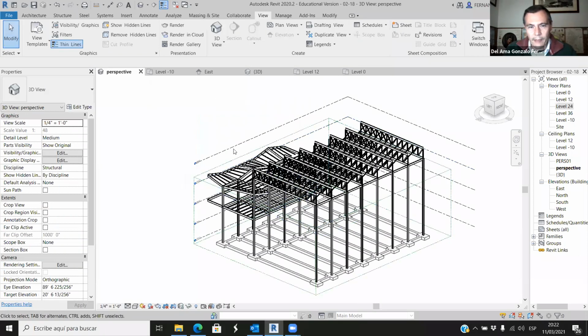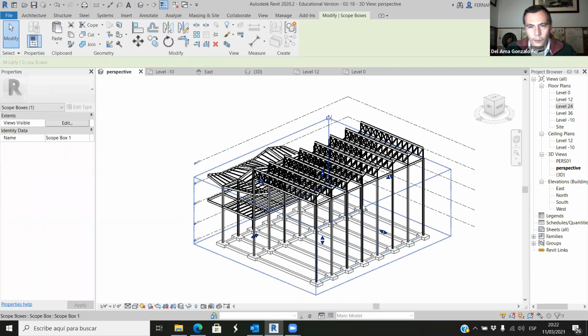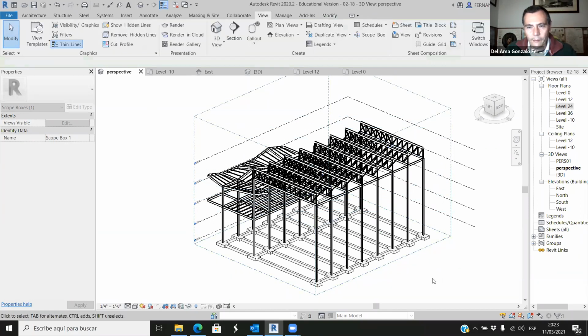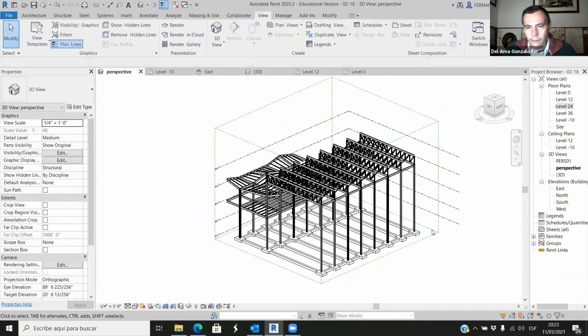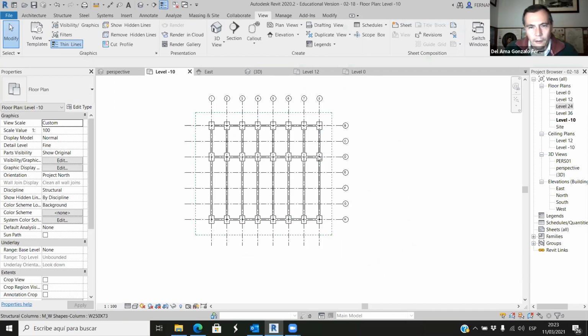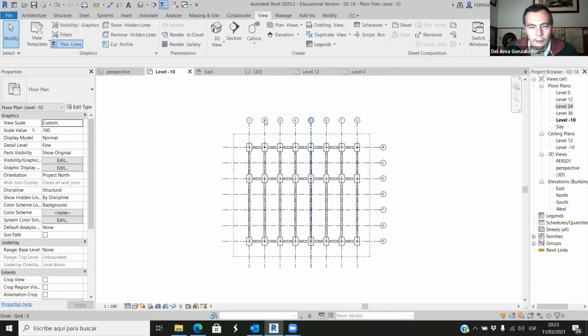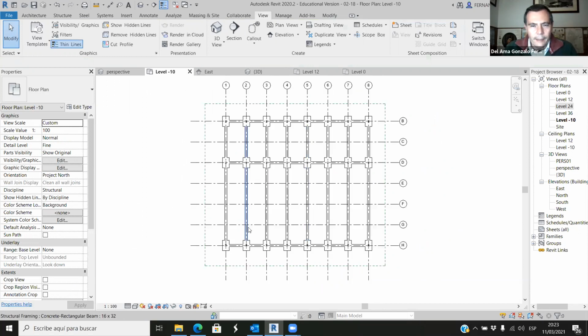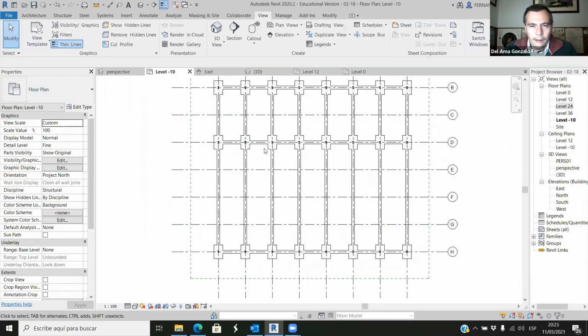And now I think we will have that scope box everywhere, and we can edit it, make it bigger or higher or lower. Okay, so now we can associate things to that scope box. We have the grid lines here, and for the basement, I want to try something different. So on that basement,